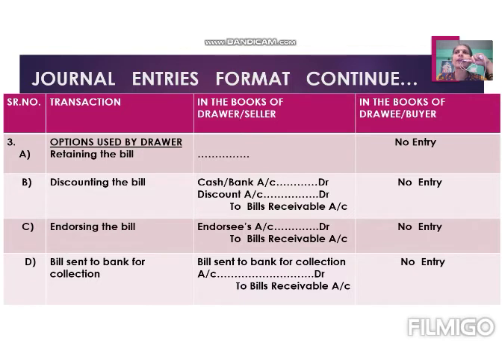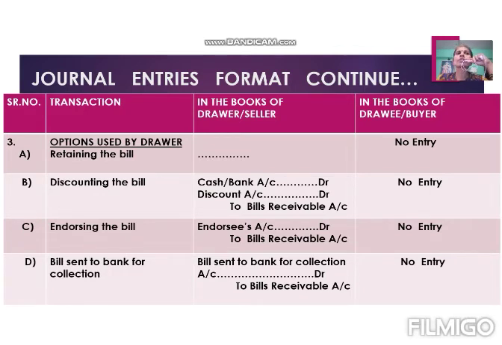9,500 only after deducting discount. So here discount is what? Expense for the drawer. Why is it an expense? Because he is getting less amount of the bill. By following this rule, we debit discount account. Then to bills receivable account. Bill is going out from the business. That's why bills receivable account is credited.